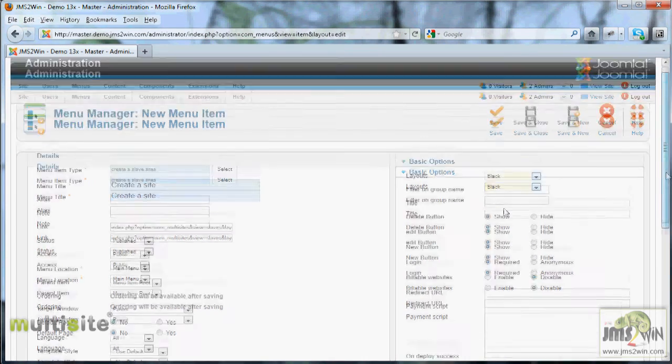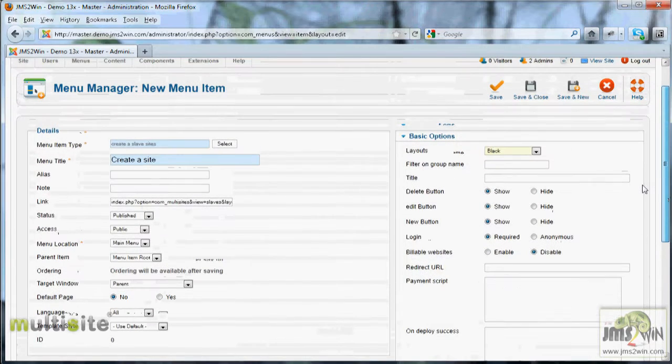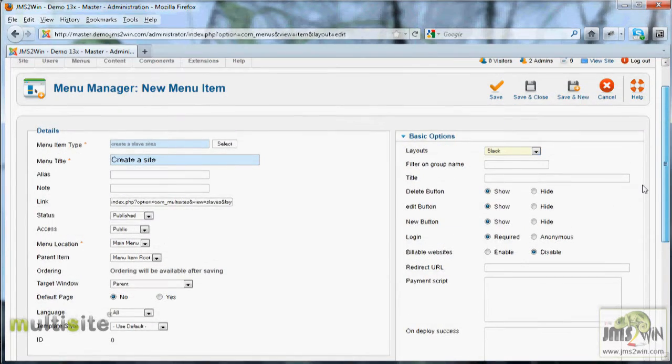Here we have plenty of parameters, depending on what we want to display in the front end. When we have a list, we have delete, edit, and new buttons present. But when we want to create a website from the front end, we need to select from the GMS template rule which one we want to use. We can filter the GMS template rule based on something. So here, for example, we will use a filtering value that we will call front end, and put here create